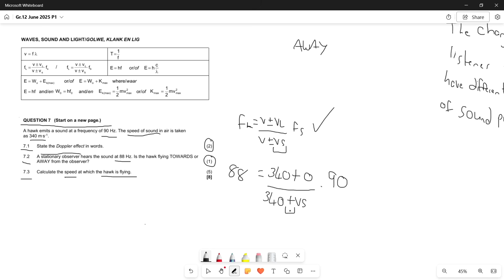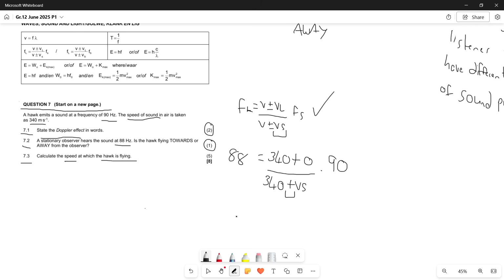So a nice way to double check that is to see whether this is directly proportional to the listener or not, and to see whether increasing it will make this value smaller, or whether if we subtract it, it will make this bigger because we are dividing by a smaller number. At this stage, we have plugged this in. We want to solve